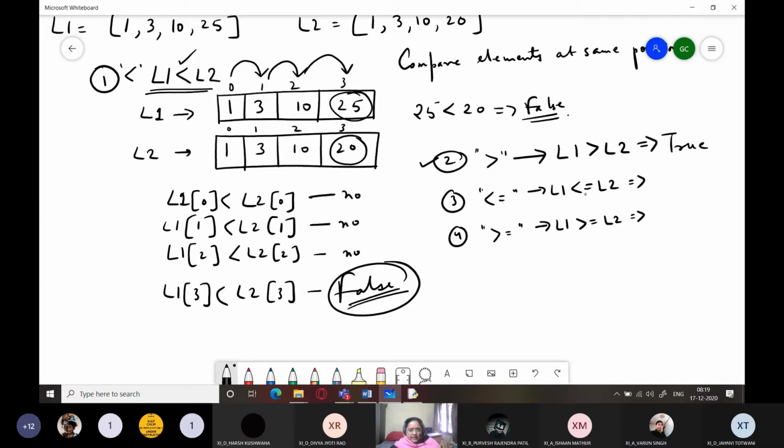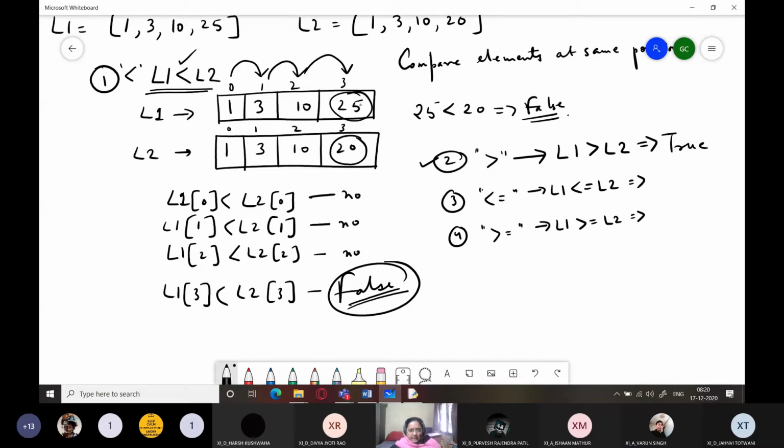Next one, L1 less than or equal to L2. Either both the lists will be equal, that is same number of elements and the same elements at corresponding locations, or there would be a comparison. List 1 might be less than L2 or not. So we will be checking it. First three are equal pairs, so come to the last pair.